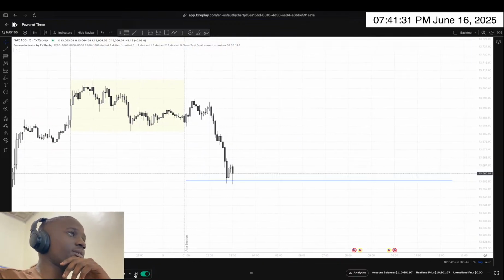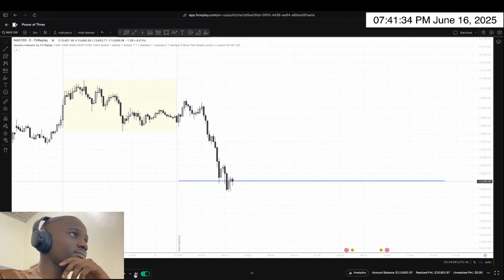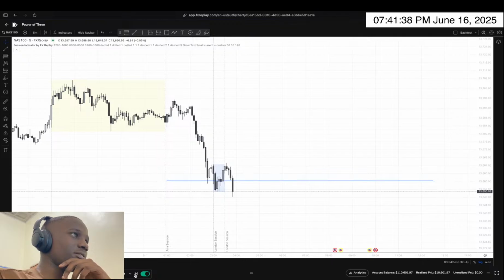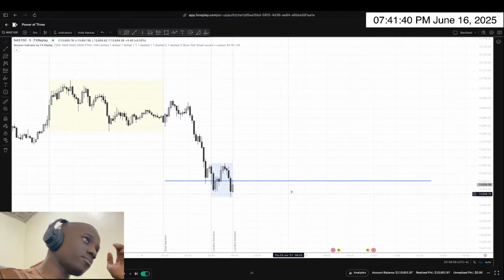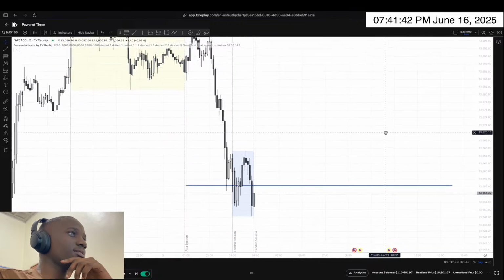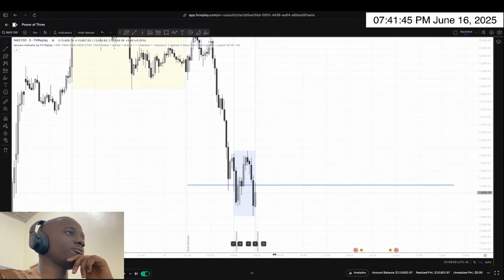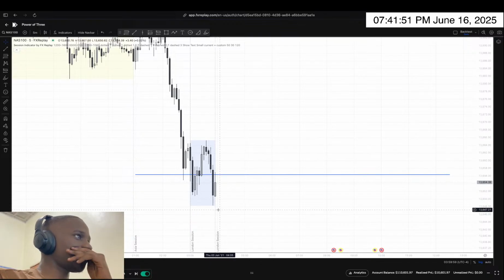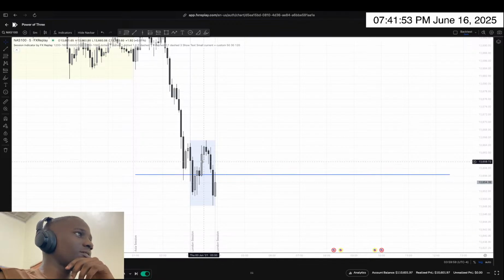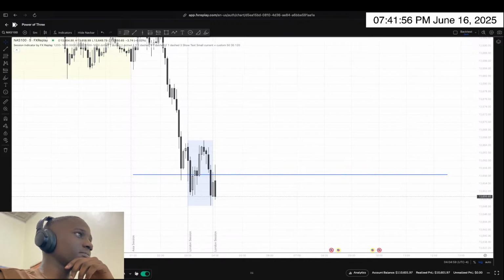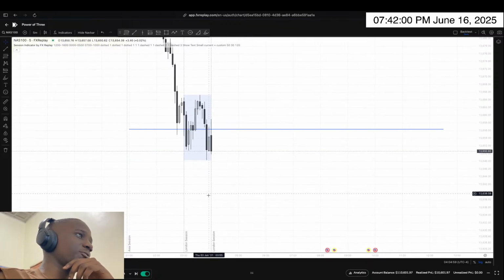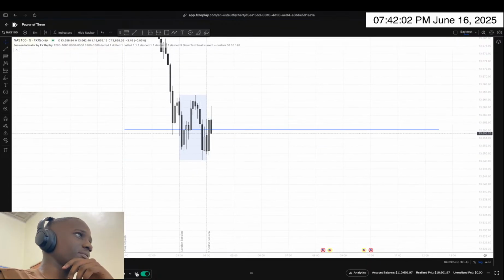So you can see that we reached the midpoint. And as we approach the midpoint, you can start to see something. Let's see if we see something. Okay, so far there's nothing except a small high taken out in London. Small high taken out, drop, inversion, retracement to the inversion, and we're going to drop for sure. Trust me on this one, we have to drop.